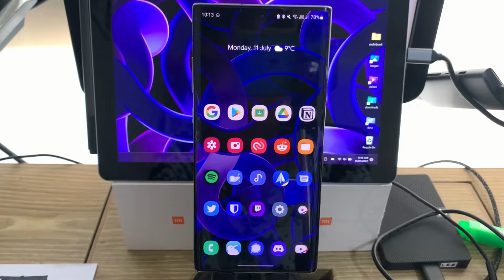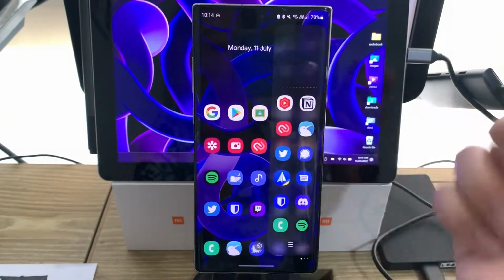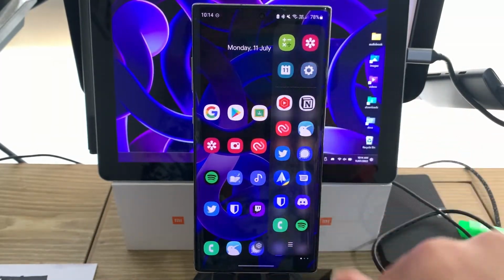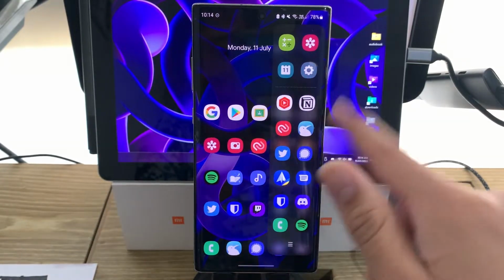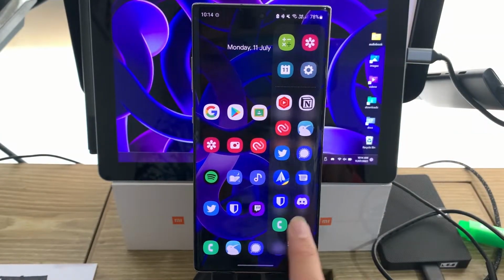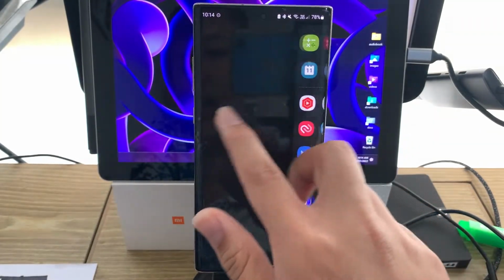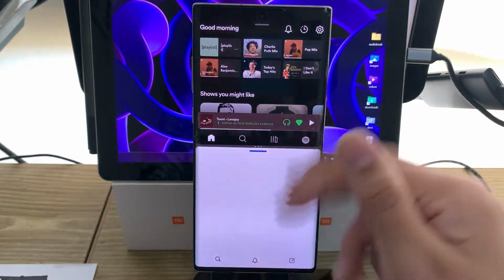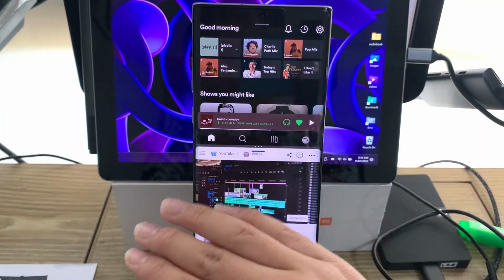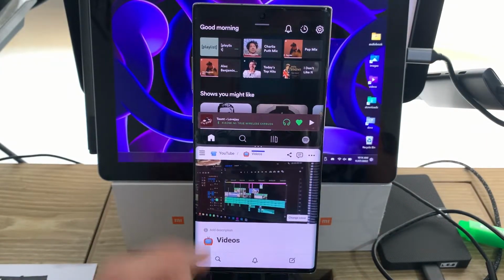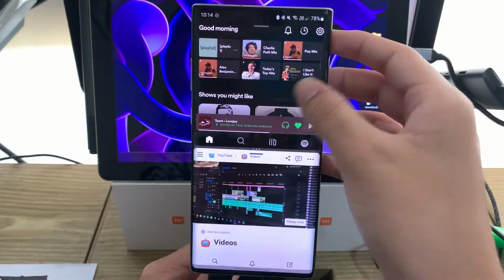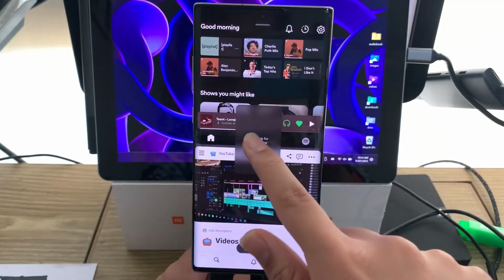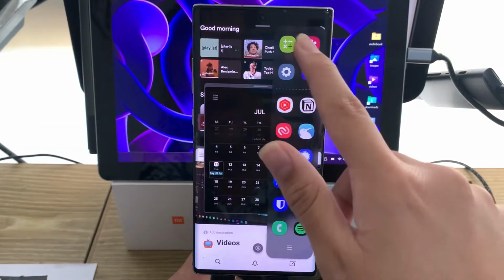Multitasking is a point where iPhones have lacked for a long time. With Android, this is the Edge bar, part of One UI, and I can open Spotify and then Notion at the same time. Then I can open them at the same time, and even if I want to, I can just swipe again on the Edge. So if I want a calendar, I can open it up as a pop-up. And that applies to about every app,